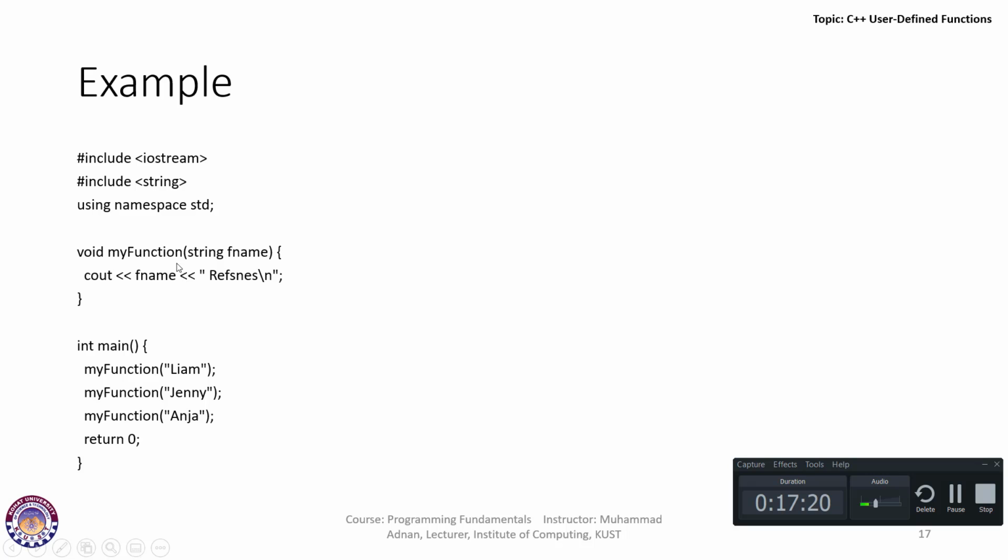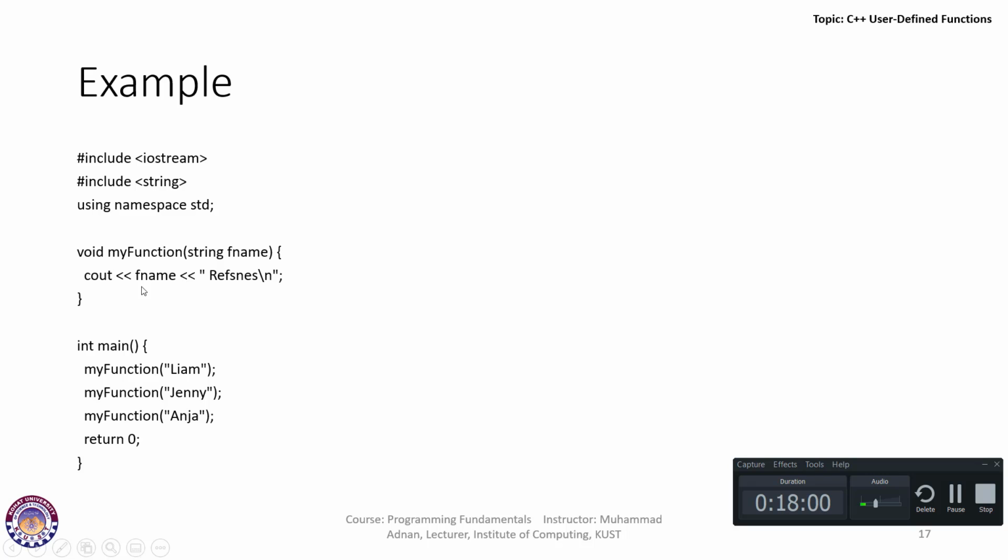So Jenny is an argument. The argument is thrown to the function parameter. Here the function parameter is fname, which catches this Jenny value, and then it prints that value. And for the third time, we are calling it and passing Anja as an argument. So the values which are passed are called arguments, and the variables inside the functions are called function parameters. So the arguments get caught by the function parameters. Here for the third time when you execute this statement,